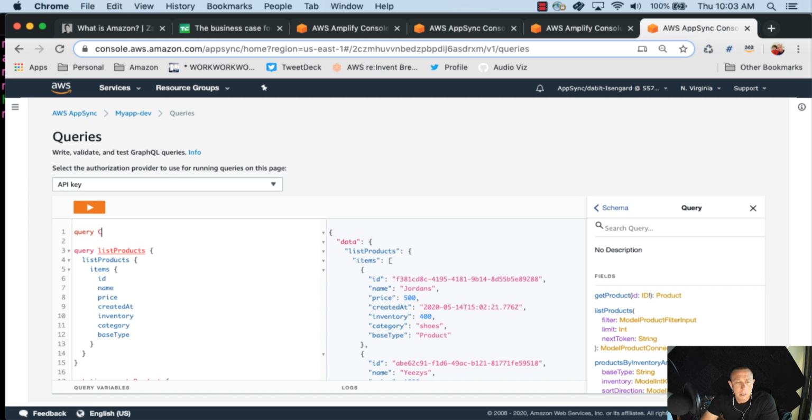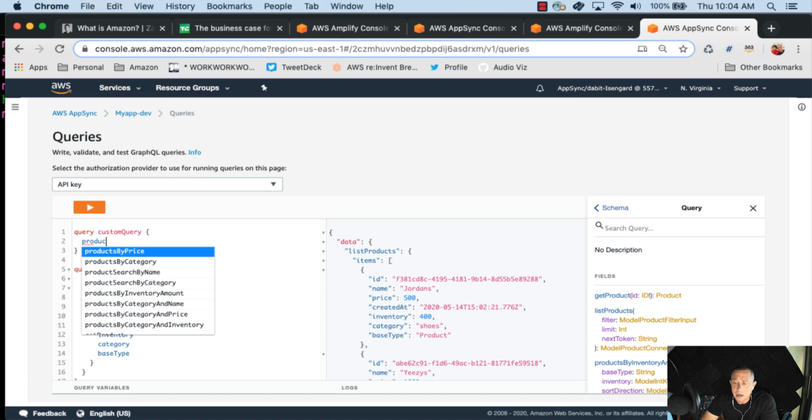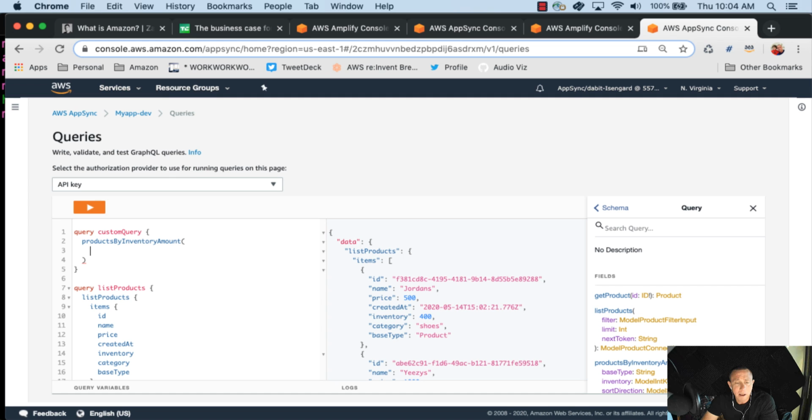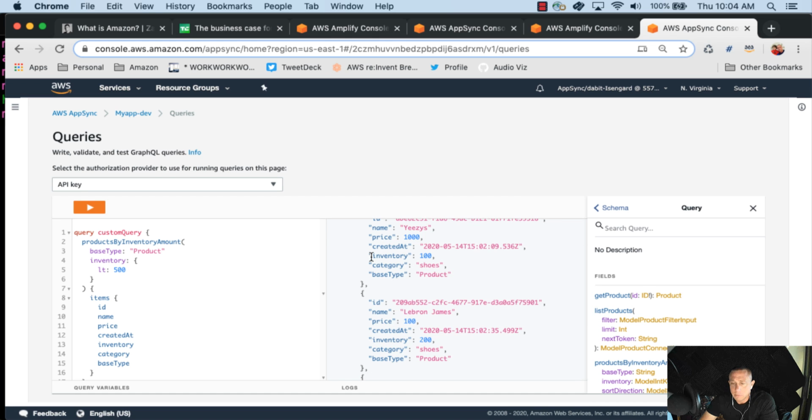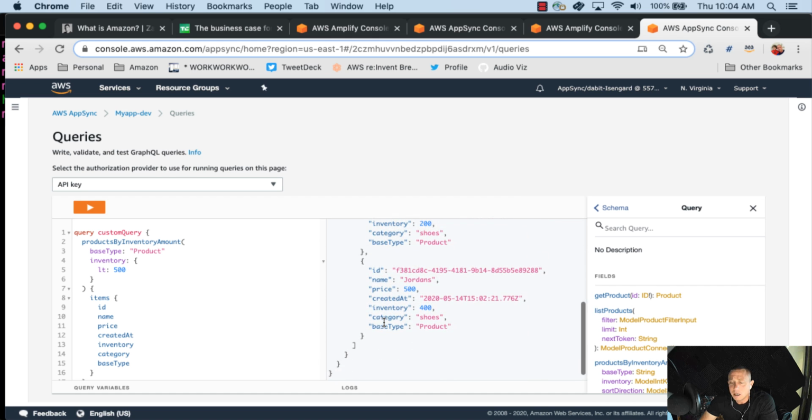I'll call this a custom query, because that way we can reuse this name. And then we'll call this products by inventory amount. And here we're going to pass in the base type of product, and then the inventory. And then we can set the operator there, and then from here, we're going to say we want to get the items. So for the inventory, we might say something like less than 500. And now we see that we have the inventory of 100 and the inventory of 200 and the inventory of